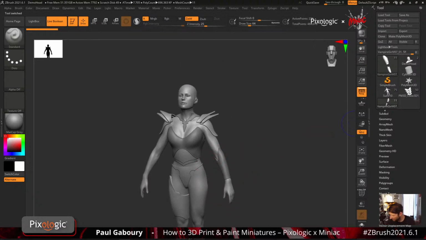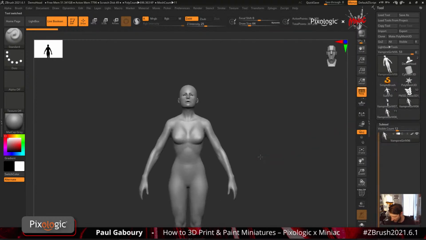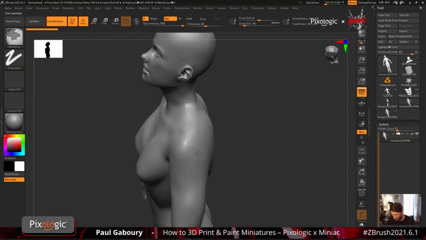Okay. So let's just clone her. Let's just clone her and let's just then look at her again, just only her. Okay, and forget about all the other armor I've made now. Okay, so let's redo some armor now with the new feature. So I'm going to turn on live booleans. Okay, so what I'm going to do now, because live booleans is on, and I'm going to select now this mesh